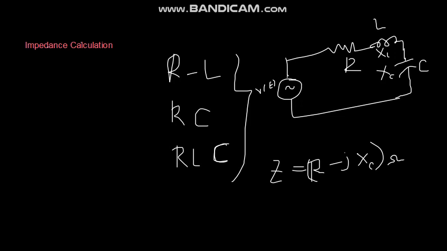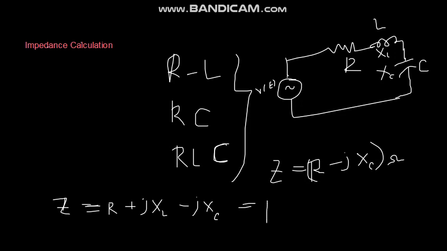And in the RLC circuit you can write down Z, the total impedance, will be R plus jXL minus jXC,